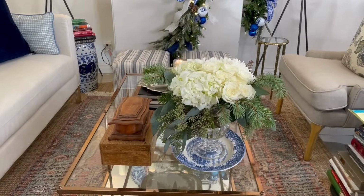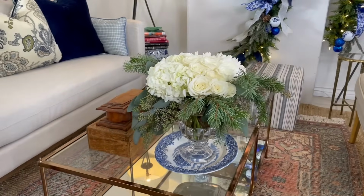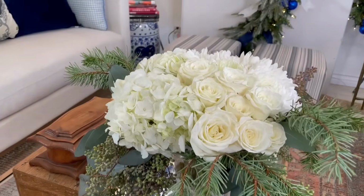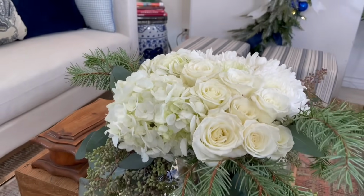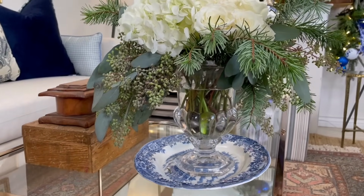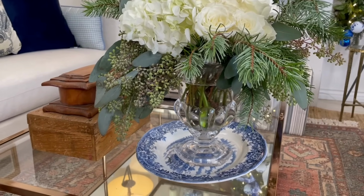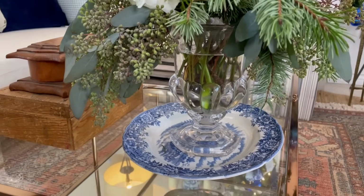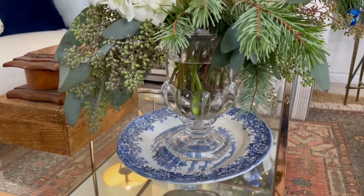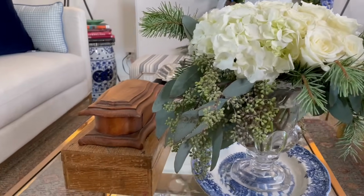All right, so let's talk about how I decorated my coffee table. And you guys, this is something that I always like to keep simple. And for that, I made this beautiful arrangement of fresh white flowers with pines and cedars and seeded eucalyptus. And I like this container that I found at Shinoda Design Center. And I always like to put a barrier between the bottom of my container and the table because it is a glass table. In this case, I use a blue and white dish,